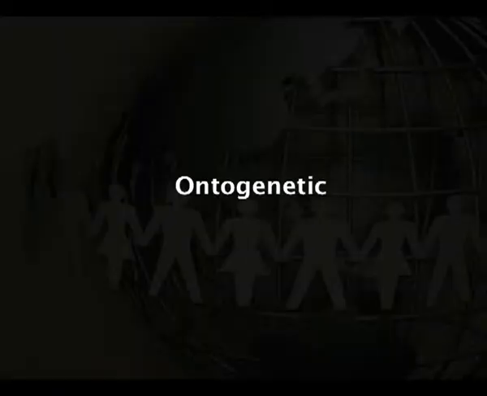Phylogenetic. Phylogenetic refers to the functions common to the race such as creeping, sitting, walking, depending more on maturation. Ontogenetic. It refers to the functions specific to an individual such as skill in swimming, riding, singing and artistic skills. Training and practice is essential to gain mastery in these functions. So, these are some of the concepts which are very important to understand human development.